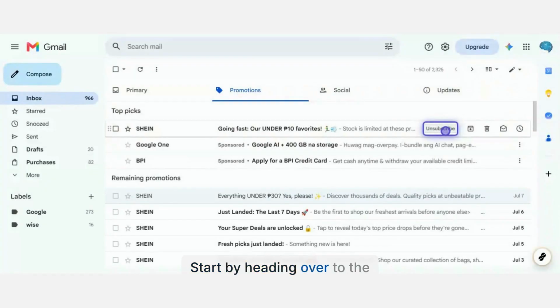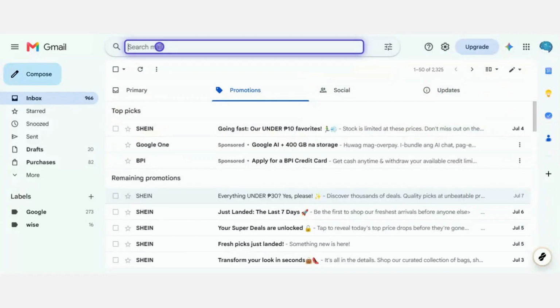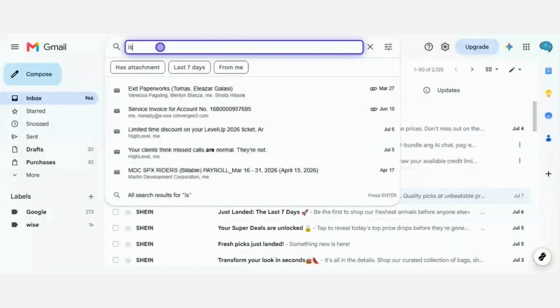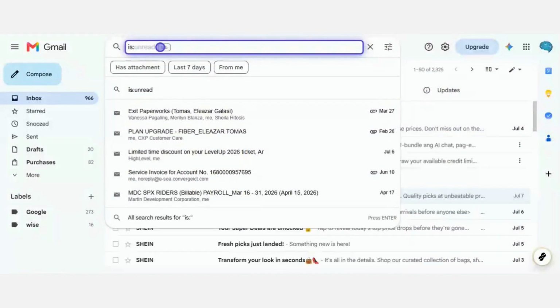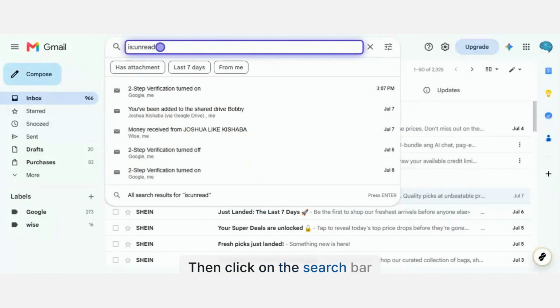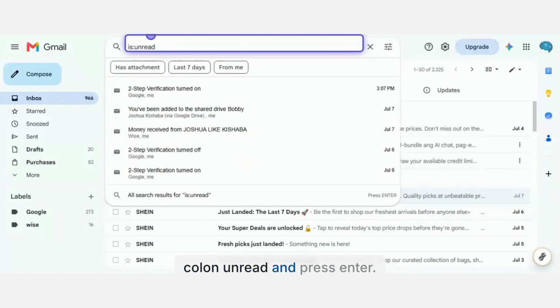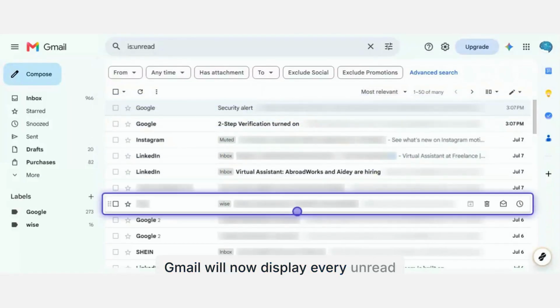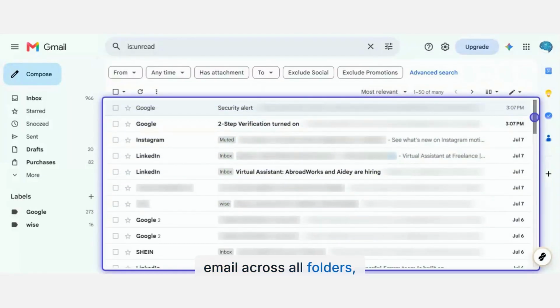Start by heading over to the Gmail homepage. Then, click on the search bar at the top and type is:unread and press enter. Gmail will now display every unread email across all folders, including your inbox, unless you add